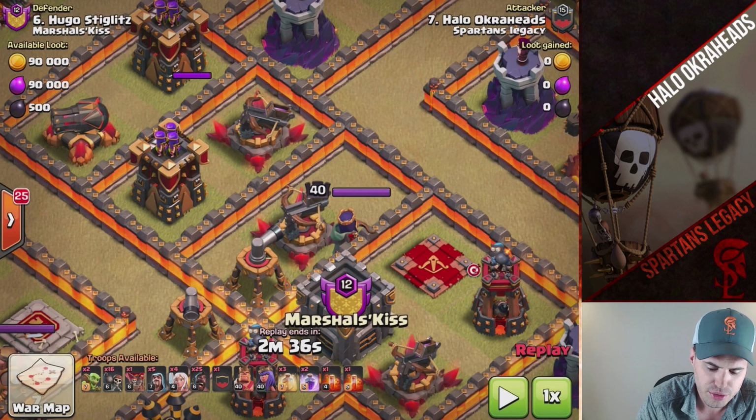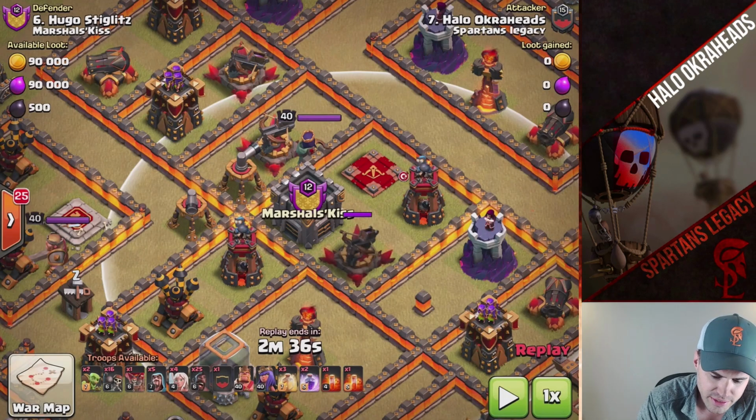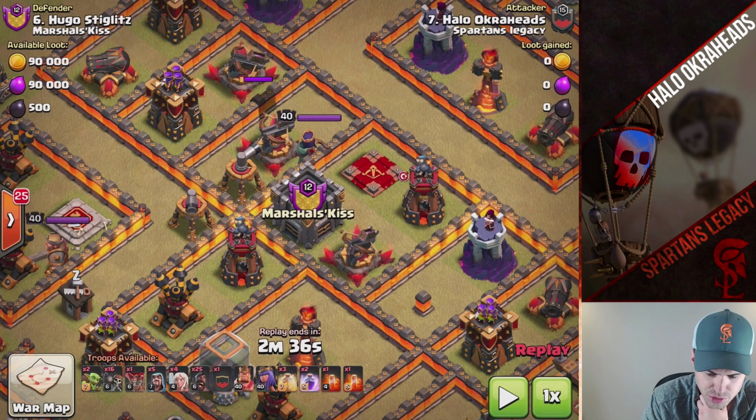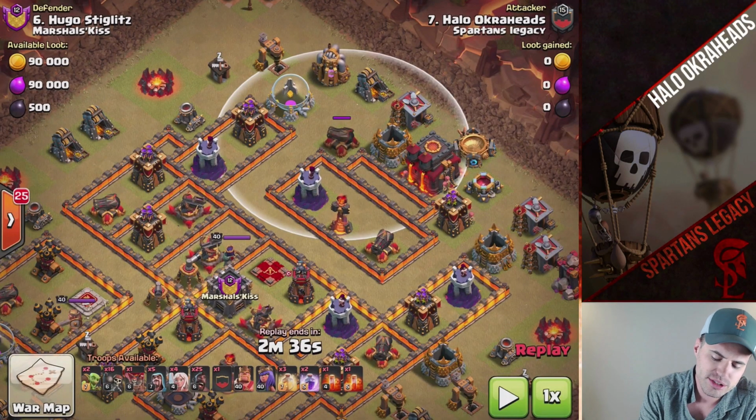I get a 1, 2, and 3. So I want to give access so the queen can snag the bomb tower here and the expo and this bomb tower as well if I get the triple wall break. I was going to bring in the hogs at 1 o'clock. And the reason I bring in the hogs at 1,